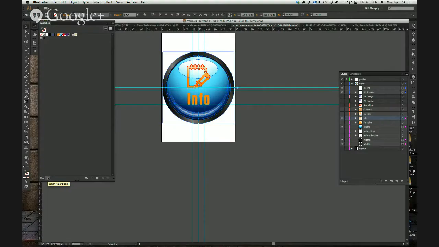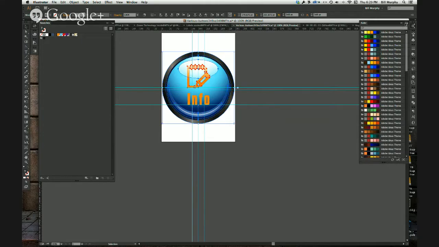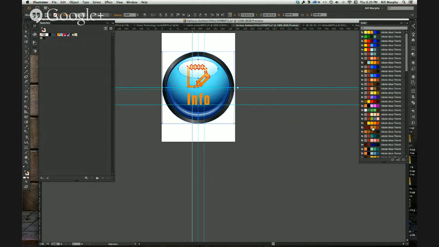Do you use Cooler at all? I've used it on occasion. Yeah, it's a good way to get different color groups, and you can get them in different sort of themes. There are different ways to show them here in Cooler. Cooler is community generated, is that correct? Yeah, I think Adobe puts in their standards, but